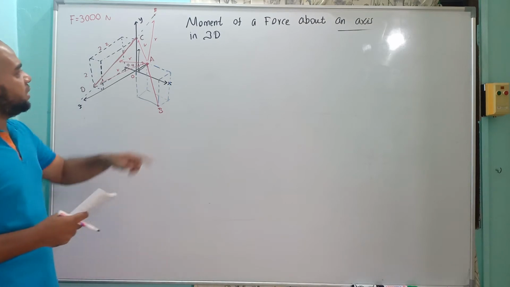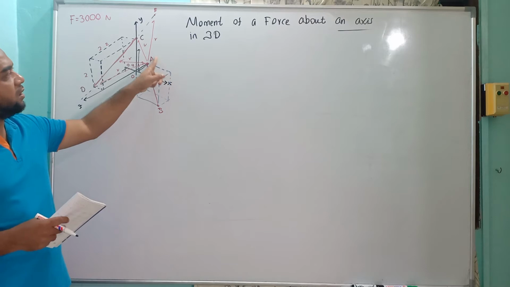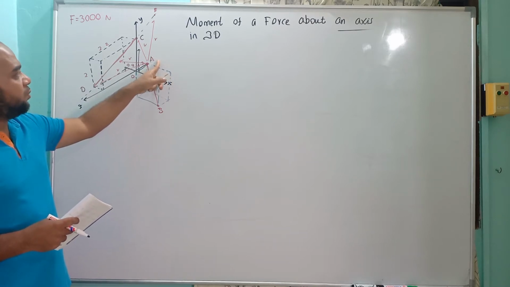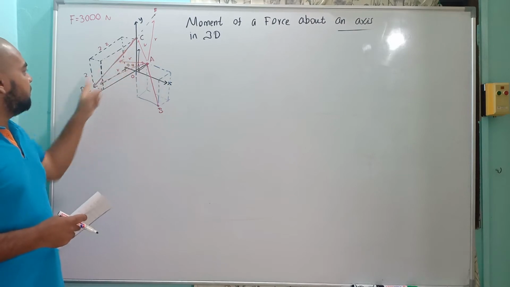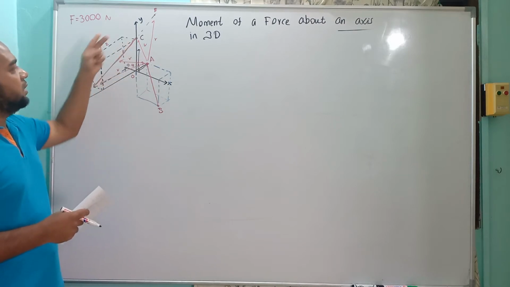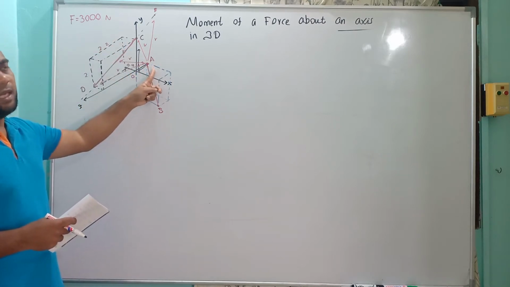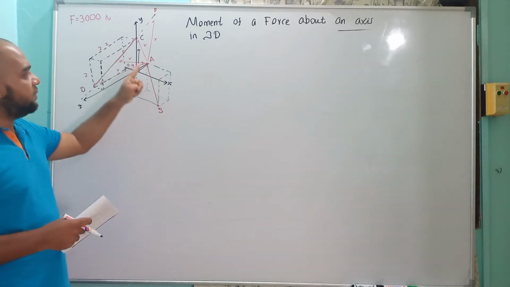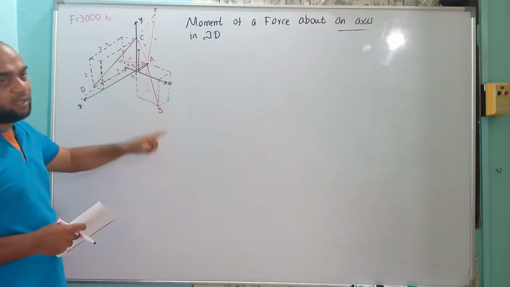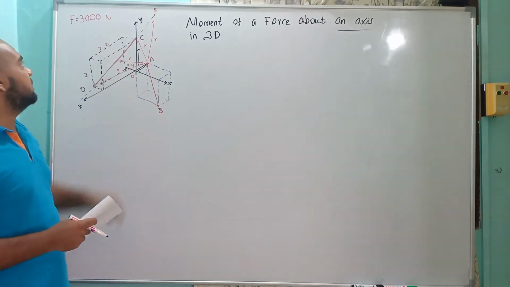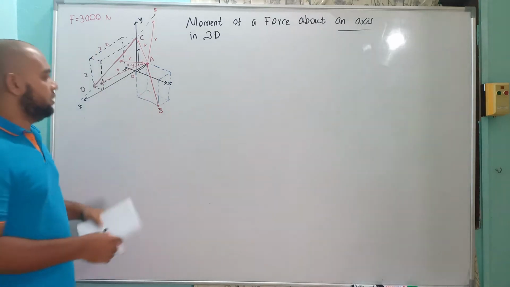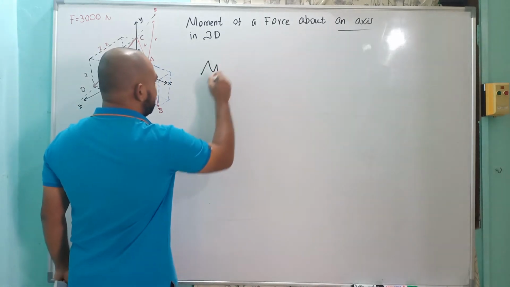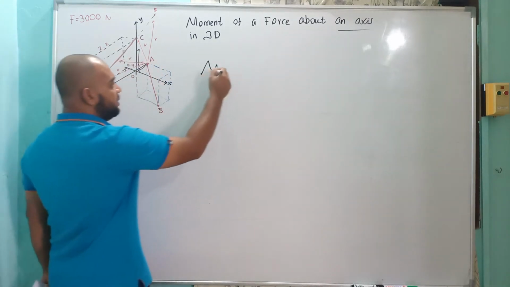In the previous one we showed the moment about point A from this force F. We have one force, and we calculate the moment about point A. Now we want to calculate a moment about axis AB because of this force of 3000 Newton. So the moment about an n axis, let's say we use this one, moment of AB,